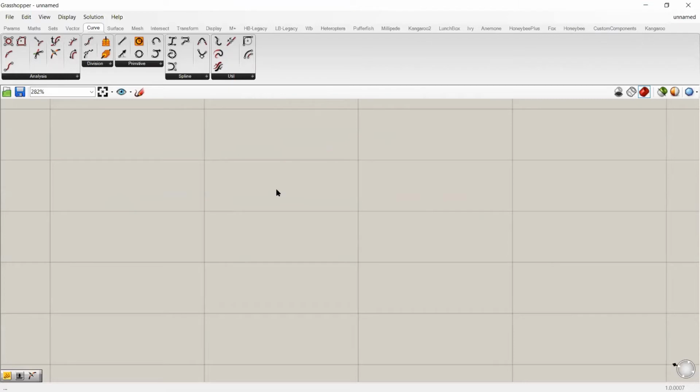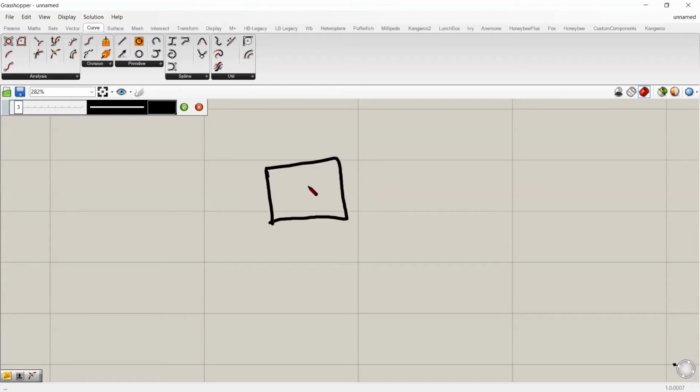Before moving to the example, I would like to say that there are three types of components. The first is a standard component. Standard components are something which requires an input to give a specific output.